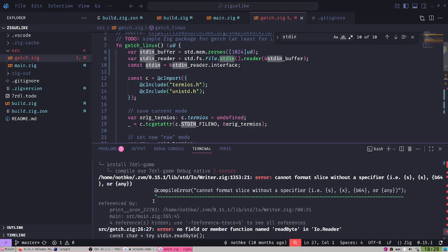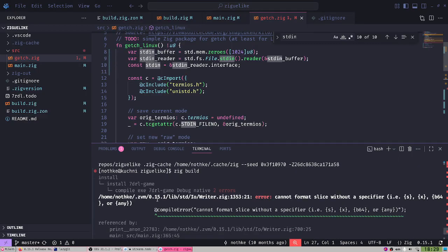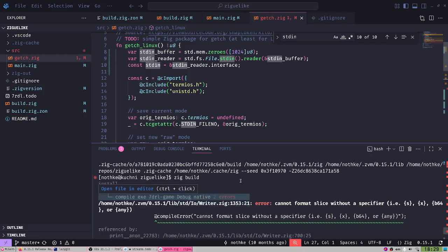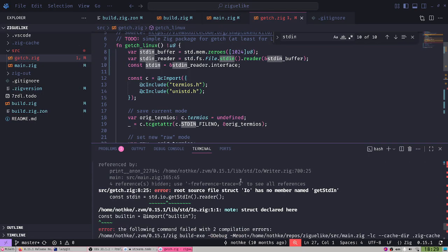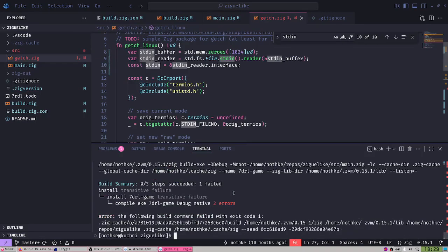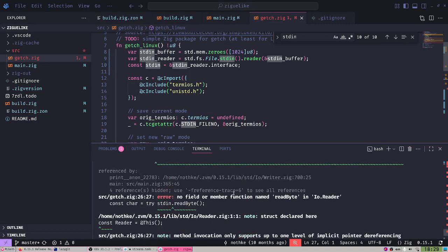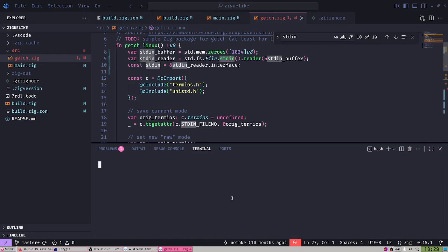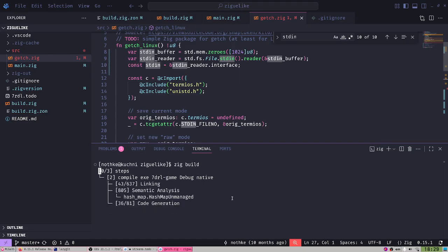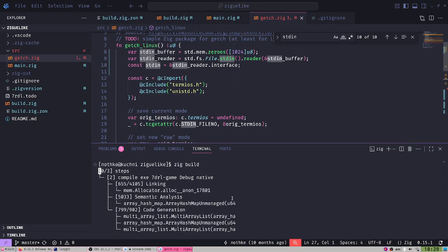Still errors. Compile error, cannot format slice without a specifier. Where is this? Wait. I'm confused by this. All this text. Let's do another build.